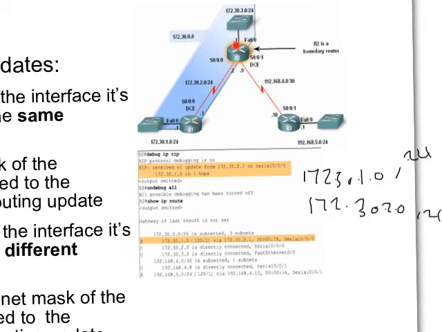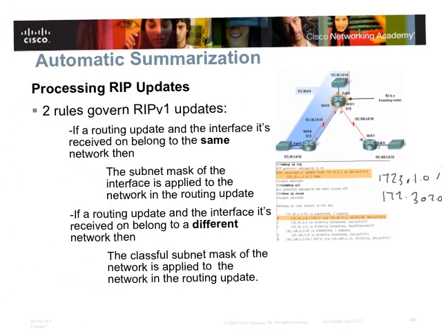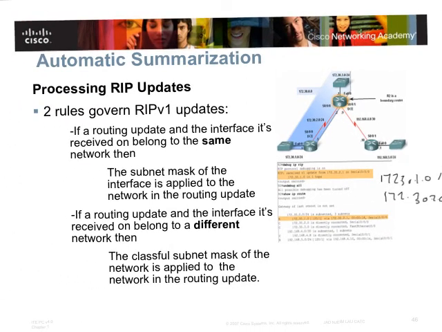When router 2 sends to the remaining part of the network, it will summarize this into one entry. It will summarize all these three subnets into one route entry to router 3. How? This is the rule here, and this is very important to understand. Automatic summarization